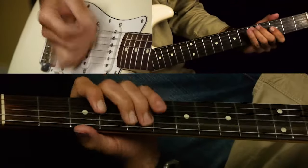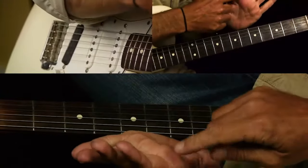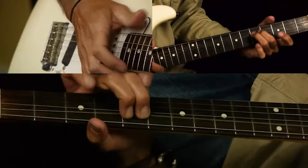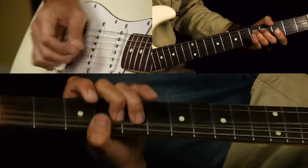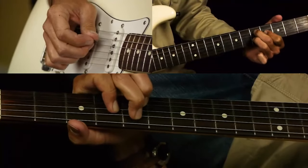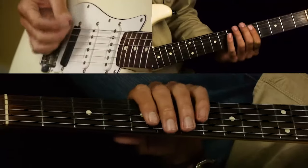So the vibrato, everybody does this different. I like to kind of rest my palm right here on the bottom of the neck. It gives me a pivot point, and then I can really dig in to do the vibrato. It's just something that takes practice, okay? So we have